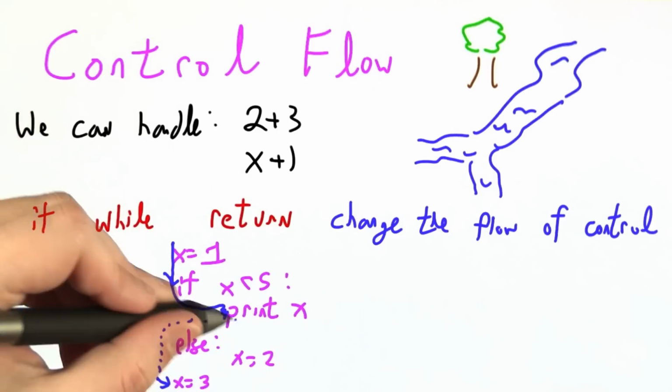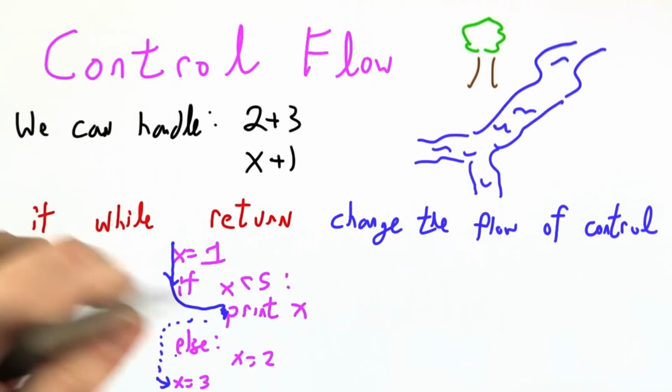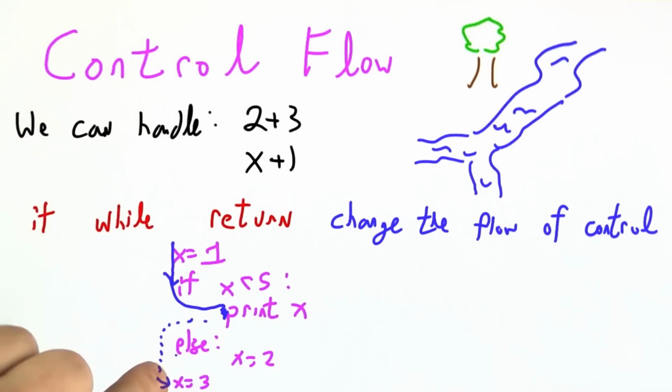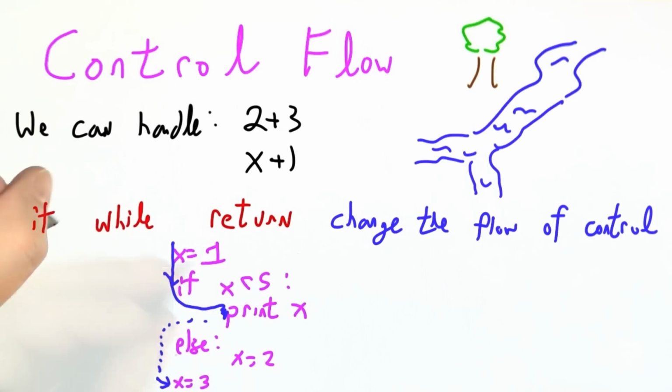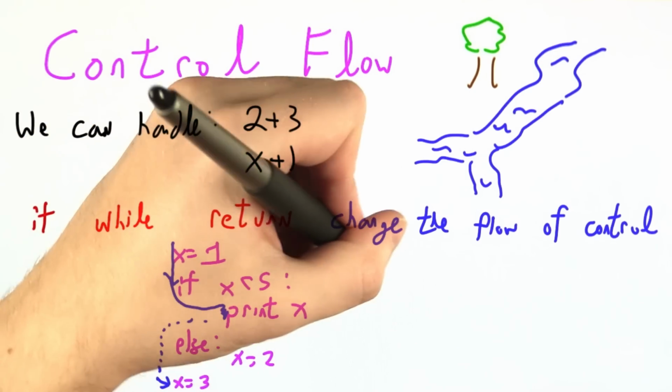Control flow. Which part of the program do we execute? If I'm to keep my finger on the line that we're currently worried about, how does my finger move around? We're going to need to handle this sort of thing if we're building an interpreter for JavaScript and HTML. So things like if, while, and return change the flow of control.